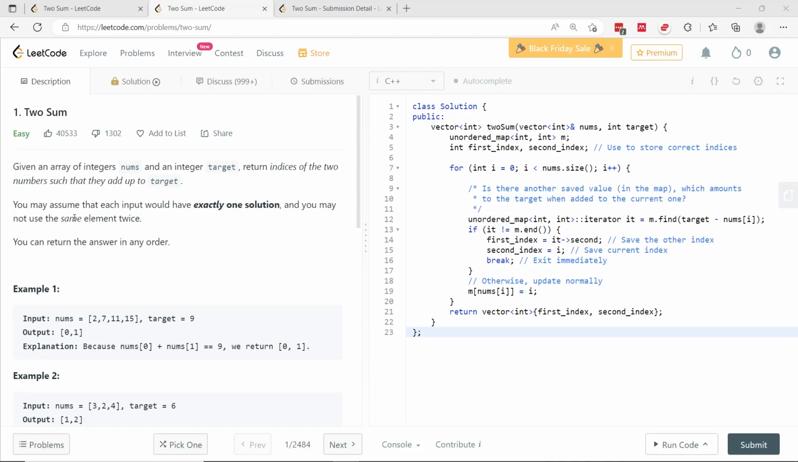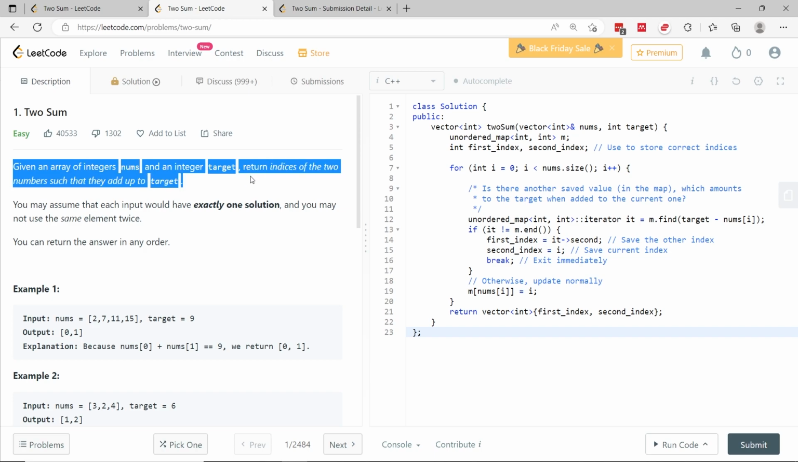This is LeetCode number 1, Two Sum. It's one of the most popular coding interview questions on the web and one of the most popular questions on LeetCode. Given an array of integers, called nums, and an integer called target, we have to return